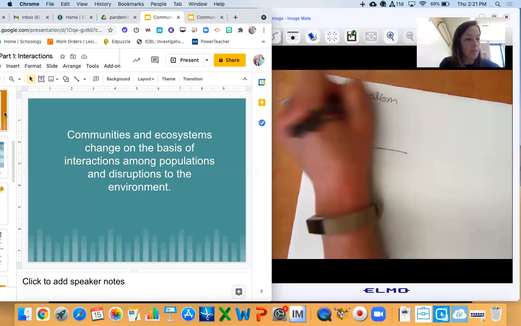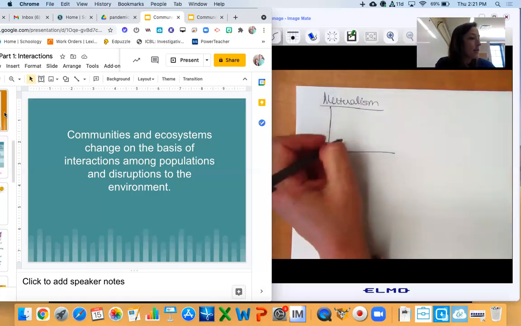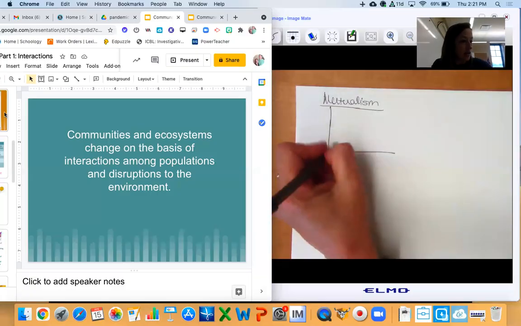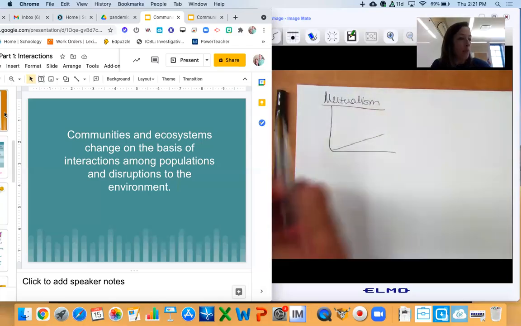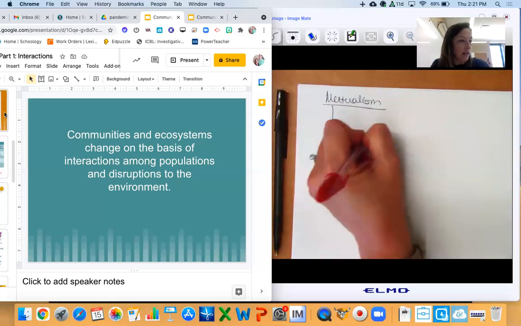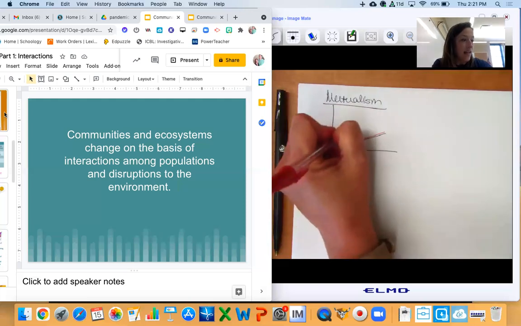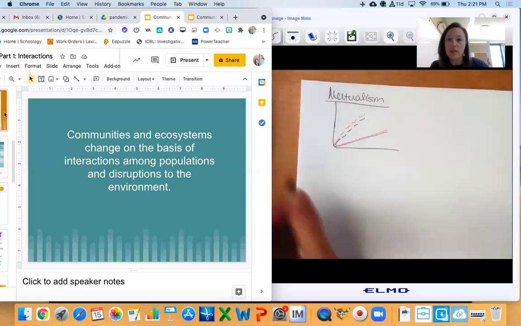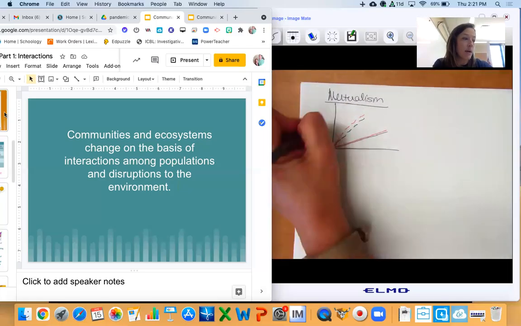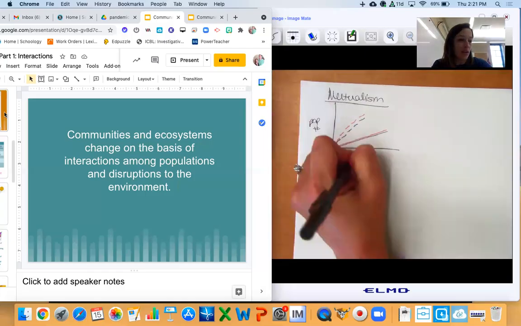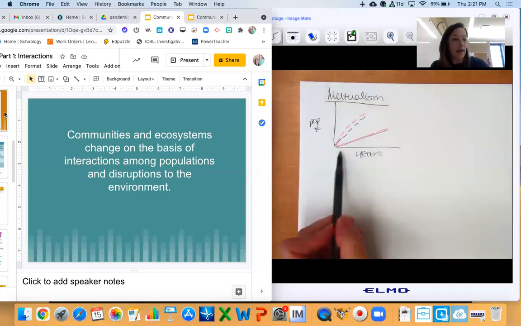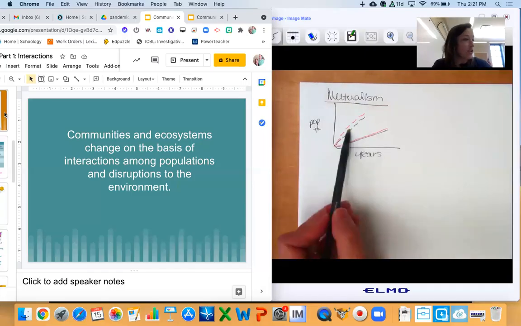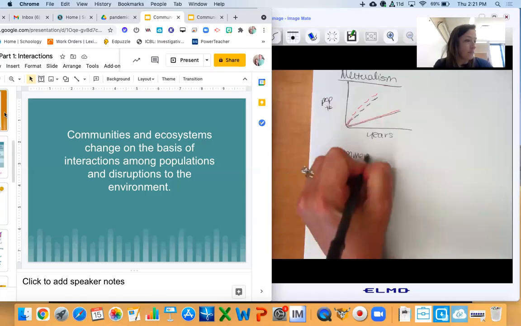Save you a little bit of time, not making you watch me draw that again. All right, mutualism, what you're going to see with mutualism is separate was a solid line. So separate, not necessarily doing poorly, right? They're still living life. But then when you put them together, they both do better. So they both increase in population more quickly, which means they're doing better. So they're getting more babies faster. And so that's what you would see with mutualism. You would see both of them jump